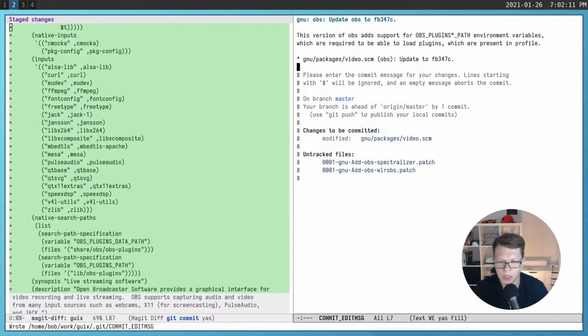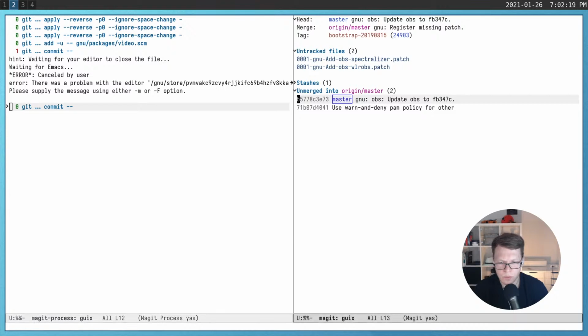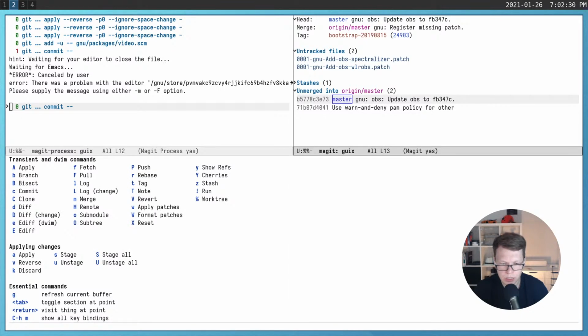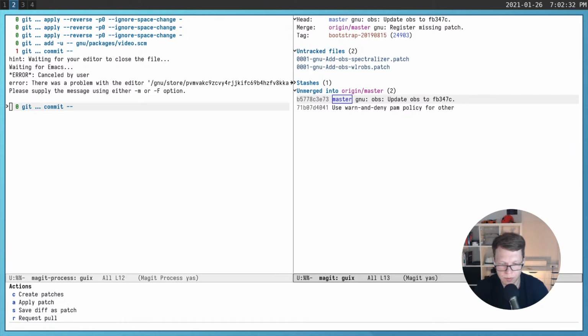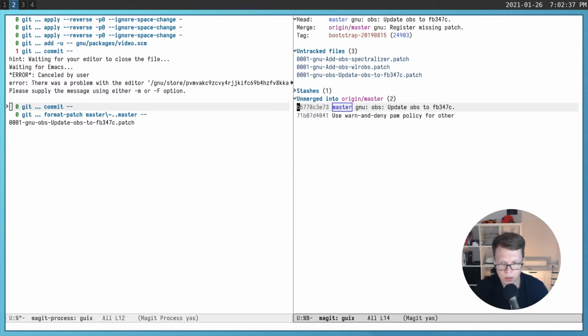And now we can make a commit. And now what we need is to create a patch, for people who are not familiar with Magit. On the left you can see the commands which do the actions I do with Magit, and we need to call format patches, create patches, and as you can see, a new file appeared, and basically the command for doing it is git format-patch, but